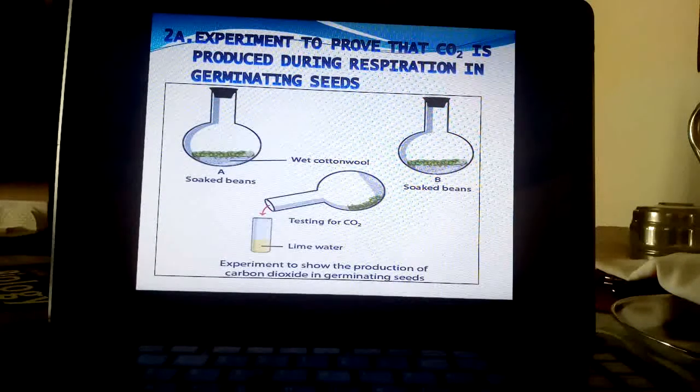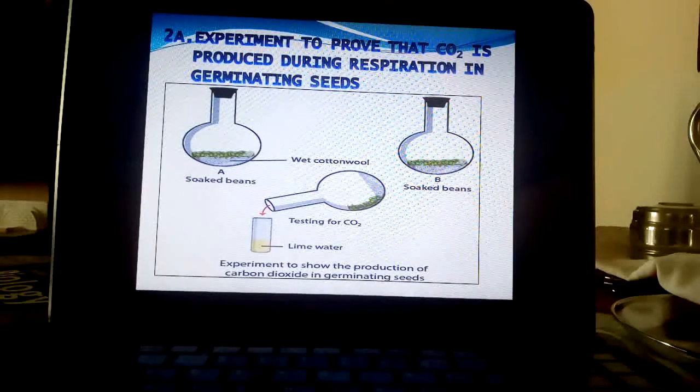Now, children, we are moving to a few questions on the previous experiment. What is a control setup? What is the aim of the experiment? What do you conclude? Label the diagram. Five to six questions will be asked, each question carrying half a mark in a diagram-based question. Now we are going for the second experiment.